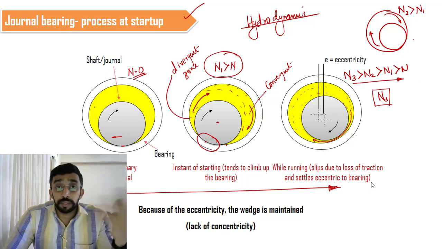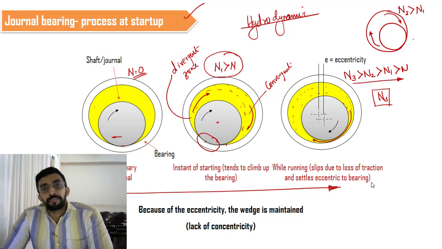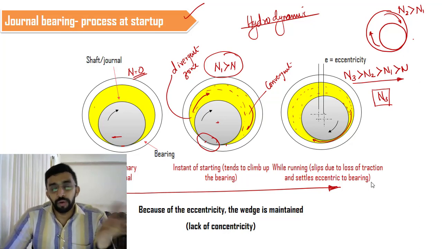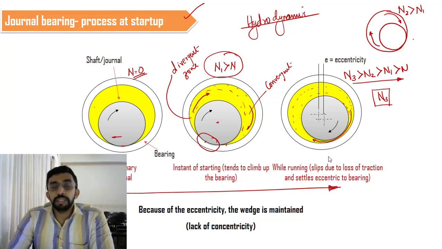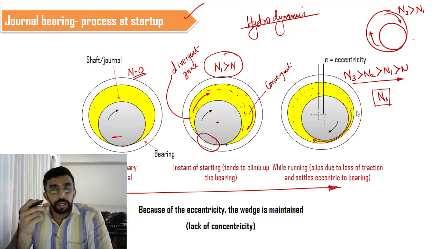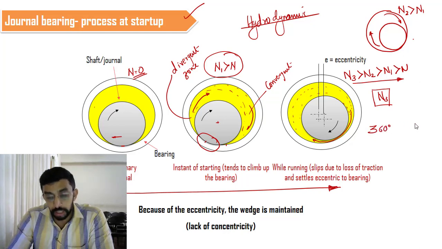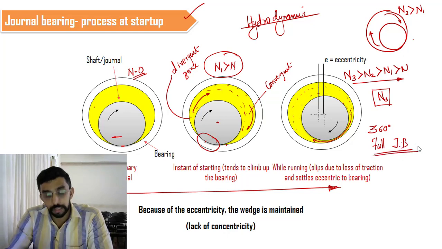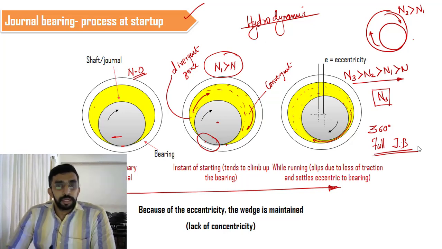So, a very important question. Sometimes they will ask, explain the theory of hydrodynamic lubrication. So you are supposed to explain with this sketch. You have to explain the wedging action, the wedge of oil. What is the concept of wedge of oil? And here we can see that the oil is surrounding the shaft, 360 degrees. We are giving a bearing action. So this is also called a 360 degree bearing or full bearing, full journal bearing. This is the other name, right? So this is how the hydrodynamic action takes place.